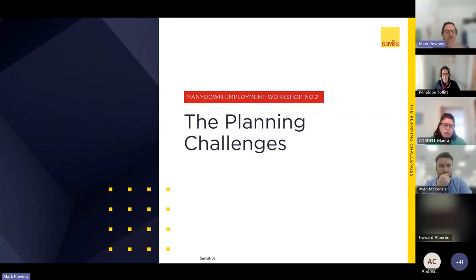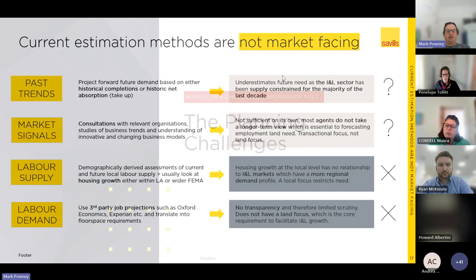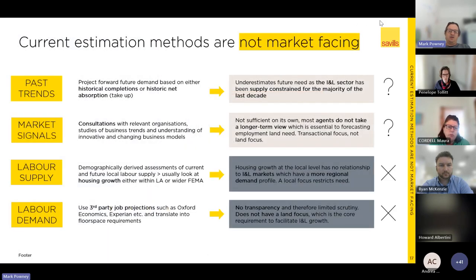So obviously I've talked about the sector. Yes, it's got some strong economic credentials. It does have some challenges, very much so. But one thing, I think, in the planning system, I am a planner. A lot of my job is supporting planning applications, trying to get more sites allocated in local plans. That I do see, there are some issues with the planning system. And I just think the way we estimate commercial needs in the planning system,